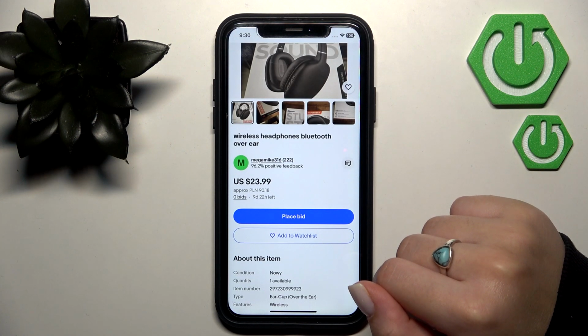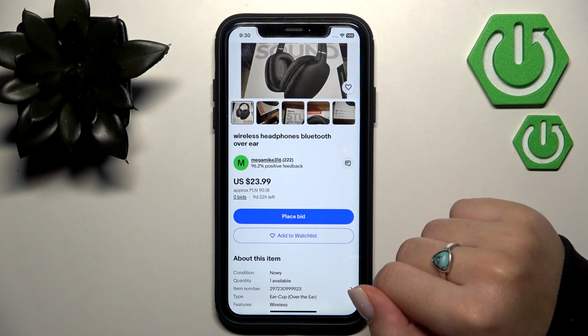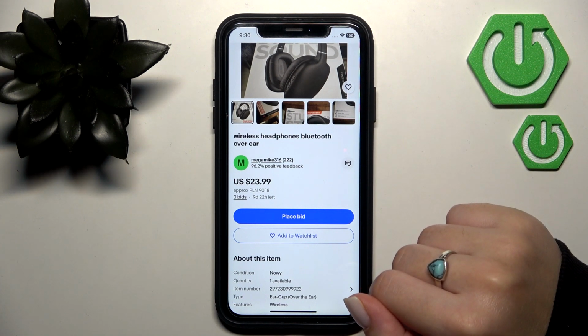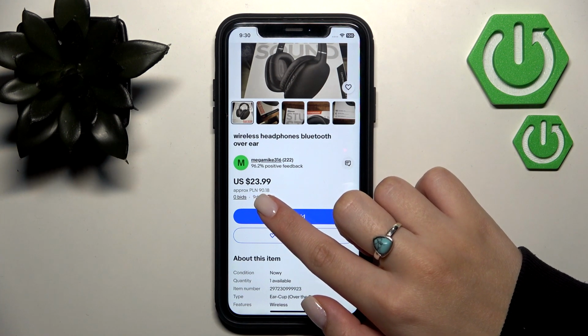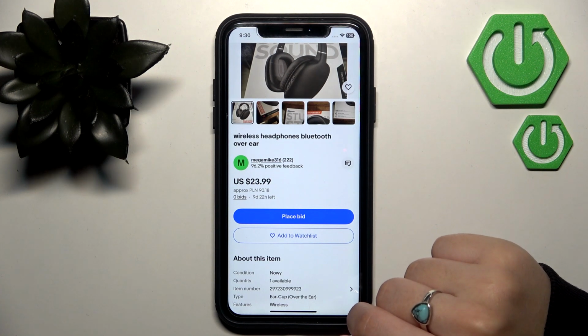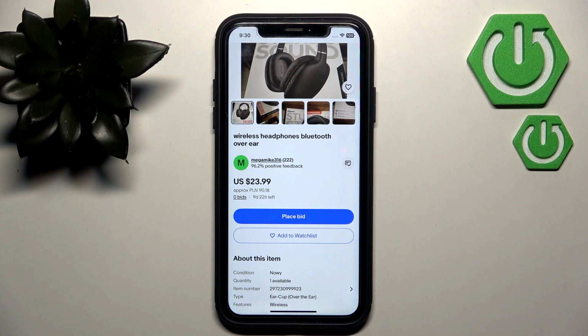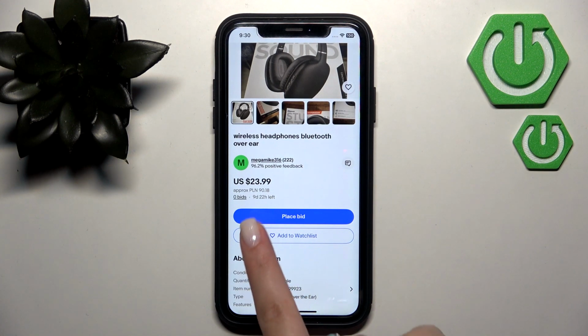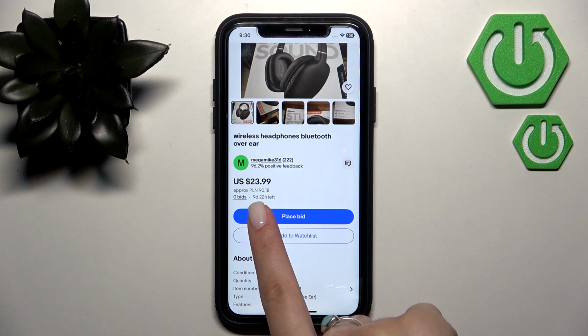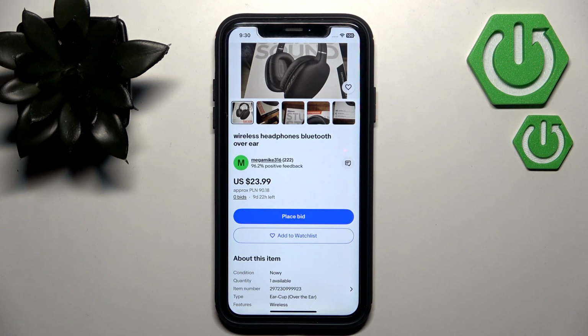If this item is auctioned, you will see the current bid amount. In my case, for these headphones, it is $24, and the auction end time. So my auction ends in 9 days and 22 hours. So you want to press the place bid button,